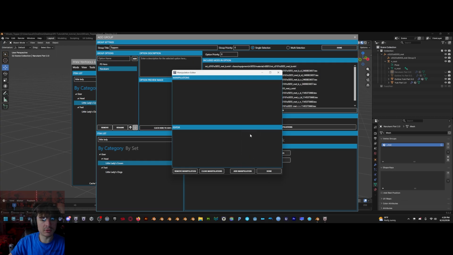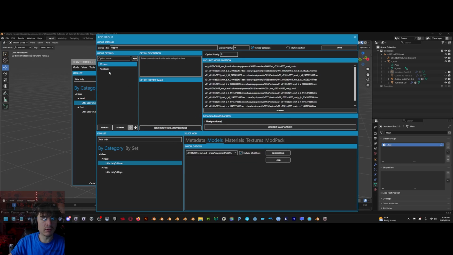Add manipulation, equipment, item set, same one. You press done. So in total, you need to remove the model like we did, the .model file, and do it on both of these, and you need to make sure they both have metadata manipulations. So after that, we can come down here, and since we want to do P3 hero first, we're going to go to load,